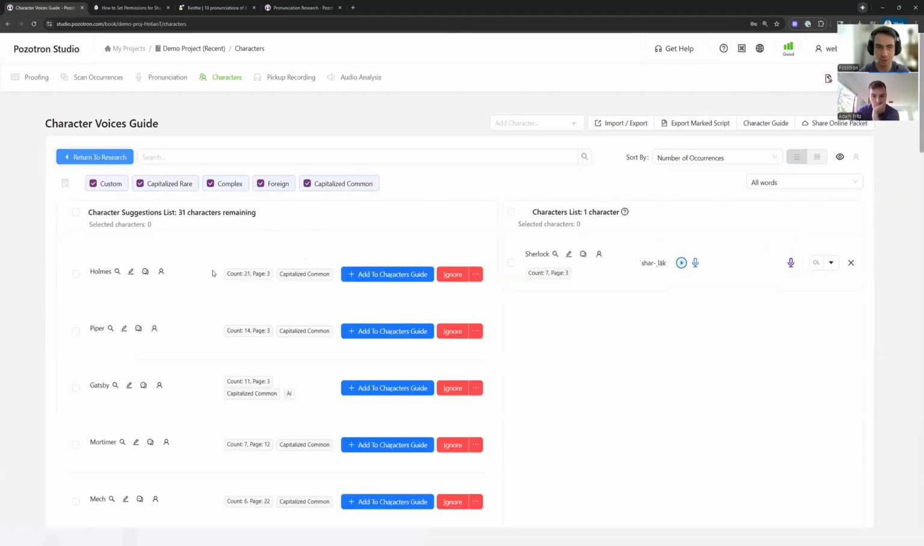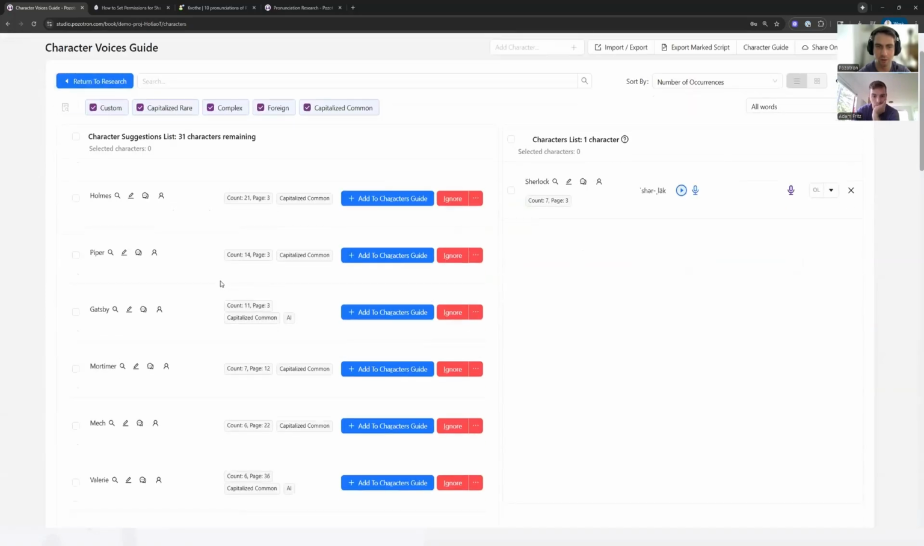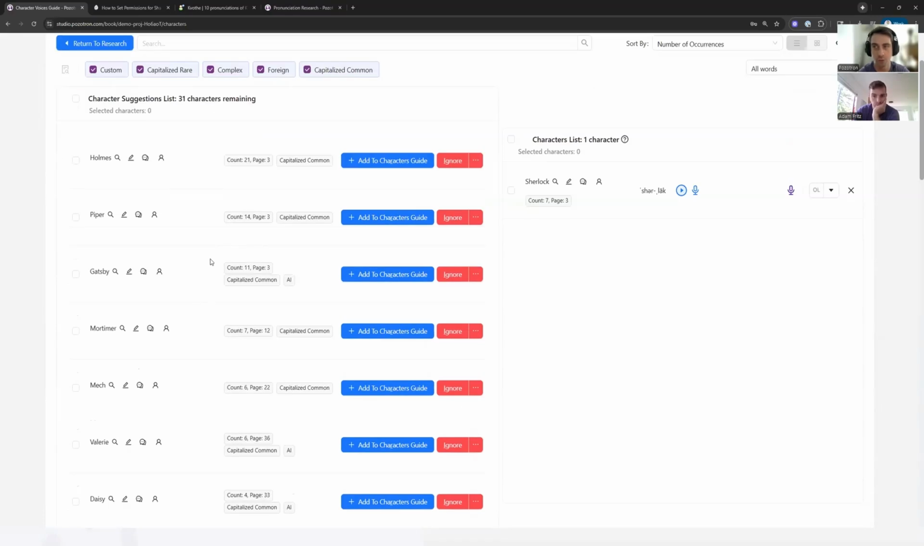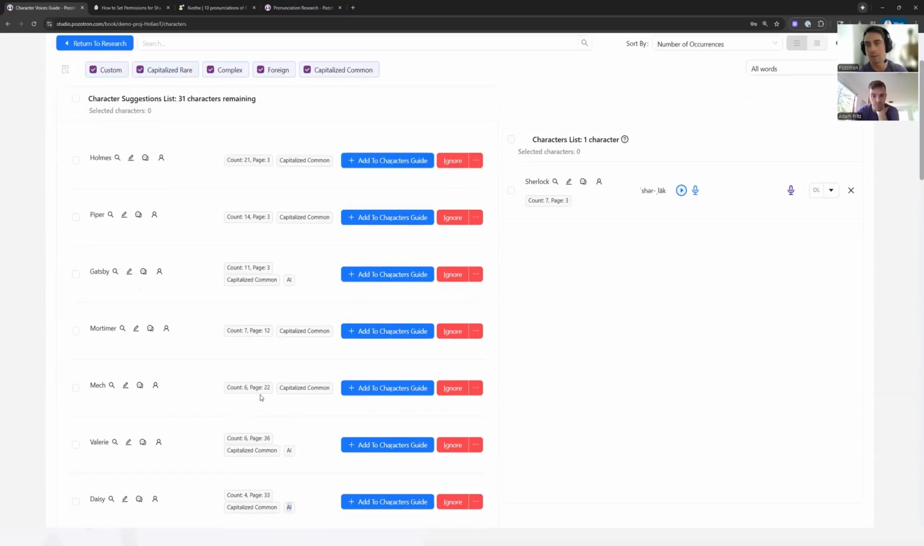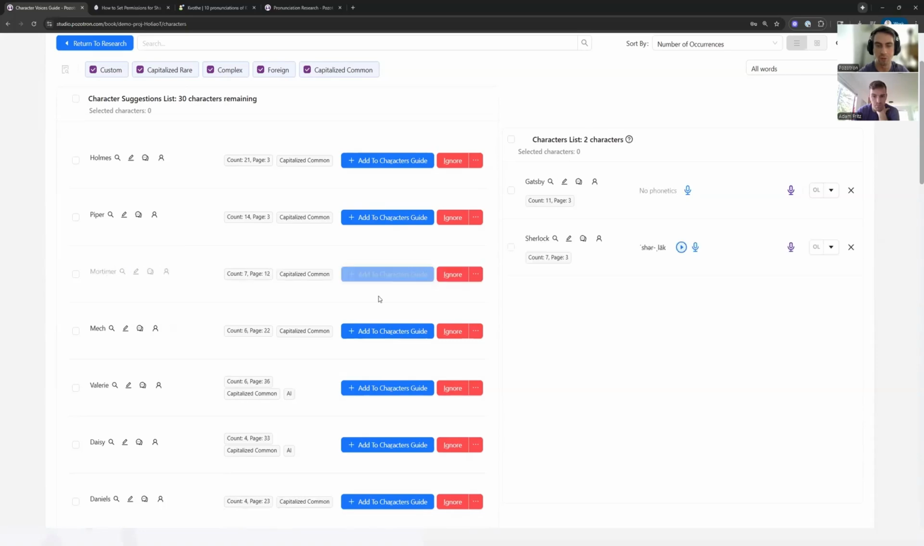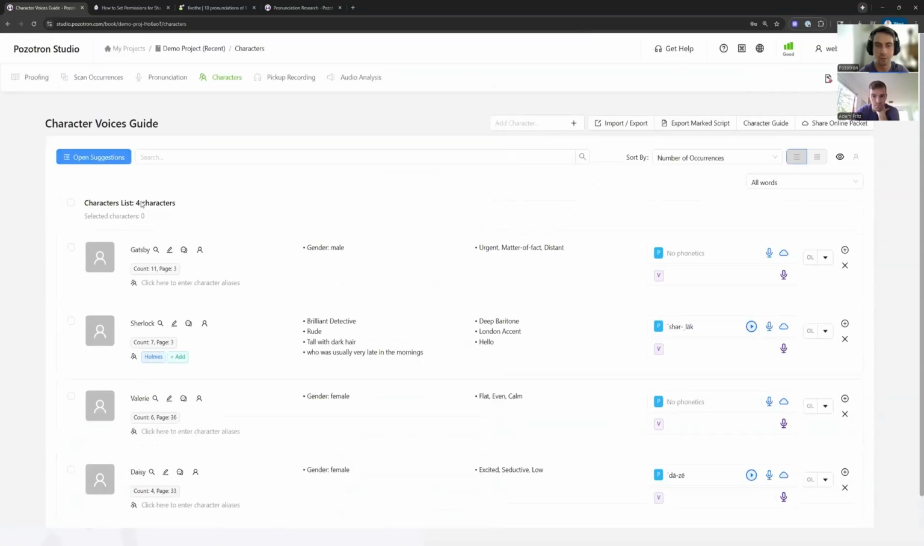And the last couple of things I'll show you with the character guide are our beta tools, which are the character descriptions tool and the dialogue detector. But you'll see on the suggestions list, some of these have AI tags. And what this means is Pozotron is attempting to find descriptions of this character for you based off of text in the book. So Gatsby and Valerie and Daisy, if I add them to my character guide, we will see they come through